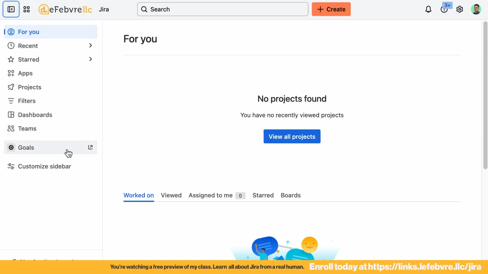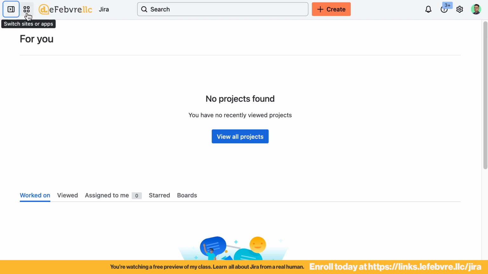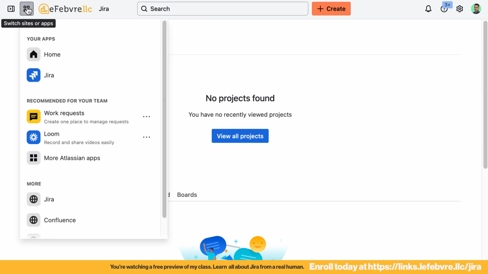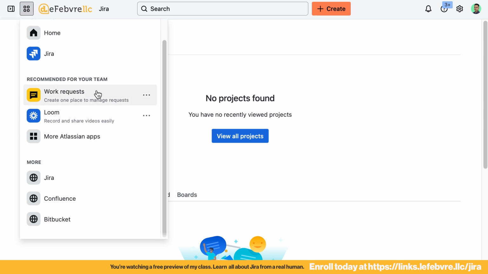Now we'll come back to these features in the sidebar, but up here next to the sidebar, we have these 4 dots. These dots are called the app switcher because they let us switch between any of the Atlassian apps that we have access to. For example, you can see I have a license to Confluence. That is Atlassian's wiki documentation tool. Now, Confluence is outside the scope of what we're learning about in Jira today because Confluence is its own separate app. But I want to point this out because if you have access to multiple Jira installations,